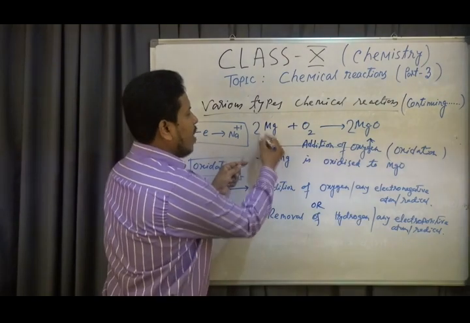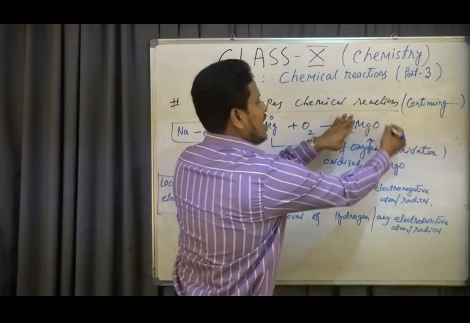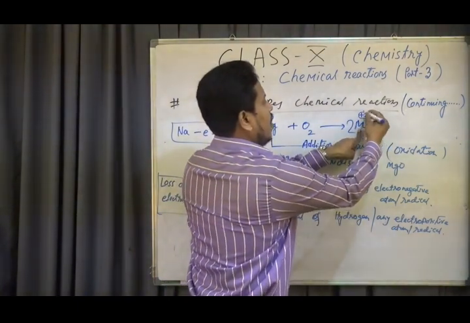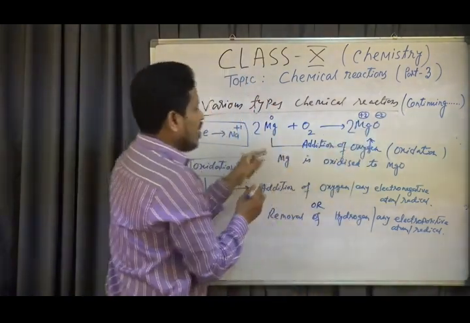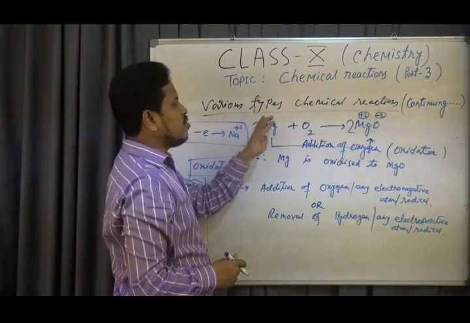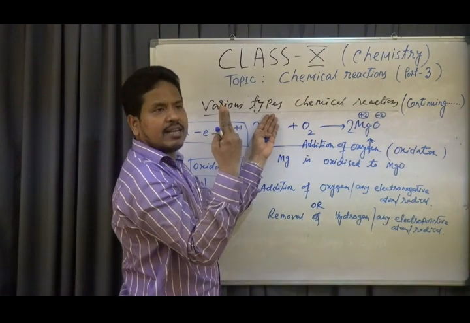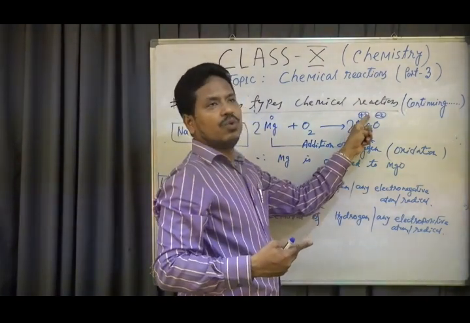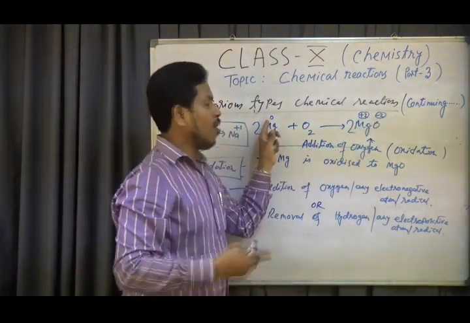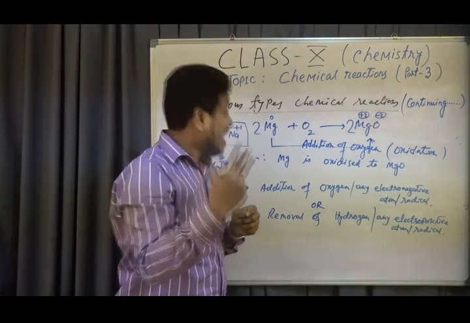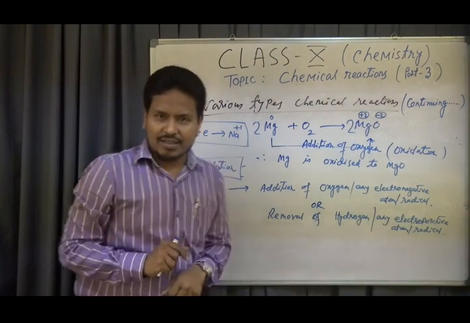Look at this. Magnesium is a neutral atom, no charge, zero charge. In magnesium oxide, magnesium is the cation and oxygen the anion. This is the charge of magnesium, its valency. So during the reaction, magnesium in the zero state, a neutral atom, converts to magnesium plus 2 charge. That is, the magnesium atom, by donating 2 electrons, converts to Mg2+. So from the 0 neutral state to the plus 2 state in this product. That means the magnesium atom donated, lost, 2 electrons. That is, magnesium is oxidized to magnesium oxide as per the modern, electronic concept, my dear students.